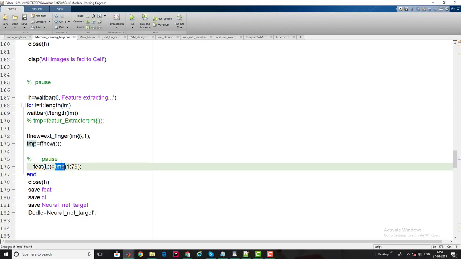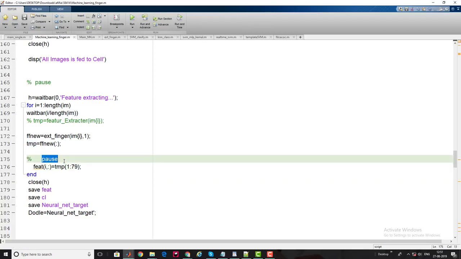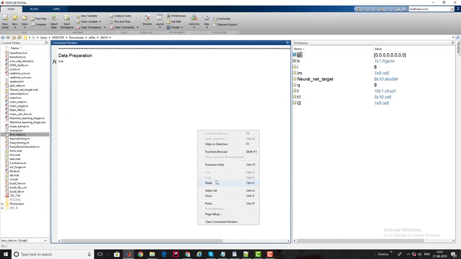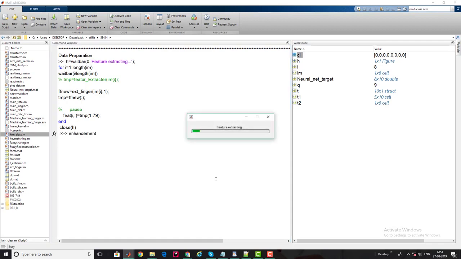For normalization purposes, I have only taken 79 dominant features from the extracted fingerprint image. So I run this part and will show you how it looks.